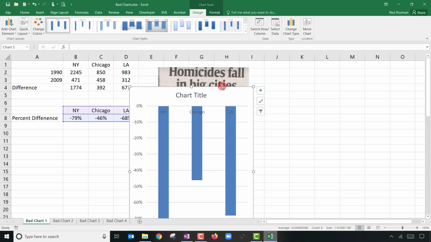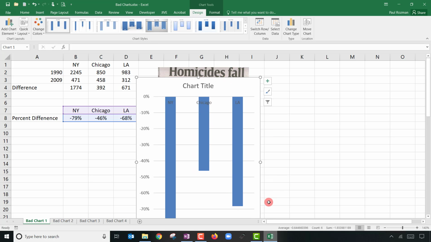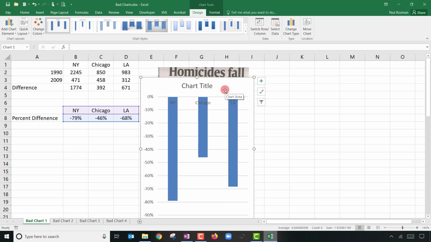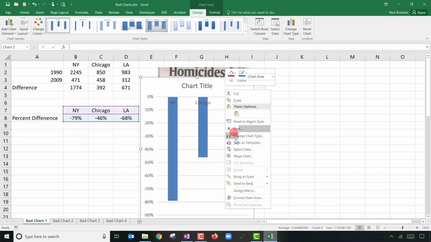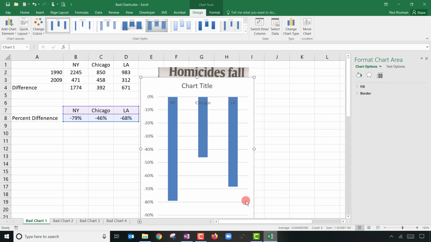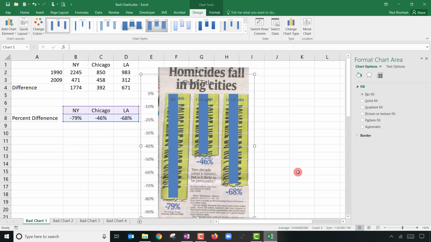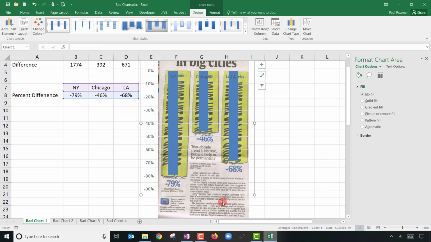This is how weird I am. This is what I do in my spare time. I check to see if graphs are correct or not. What I can do is, if I right click on the graph and format it, I think I can remove the background of it, the fill. It was set to white. Now I just turned it off. And now you can see that, oh well, they did a pretty good job.